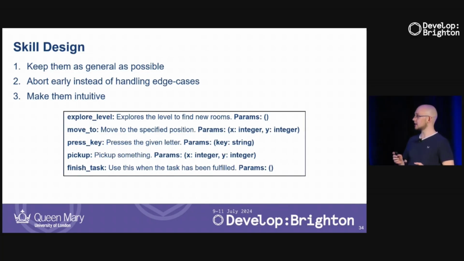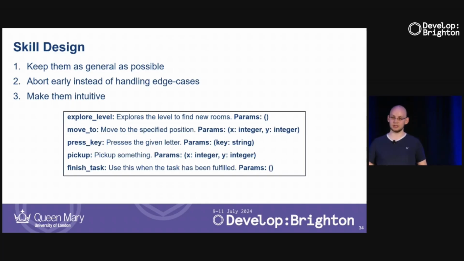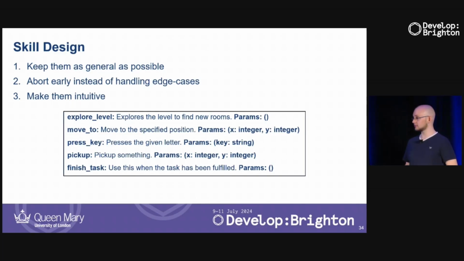In other words, if I didn't add this X and Y coordinate and make this skill intuitive for the LLM, it would never work, because I cannot force the LLM to not hallucinate, but I can make the skills in such a way that it doesn't really hallucinate because it's more intuitive for the LLM. This is tricky to do. It's usually something that you notice as you implement the skills for the LLM.